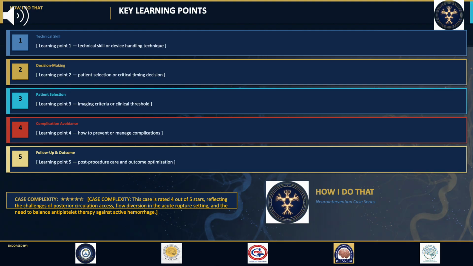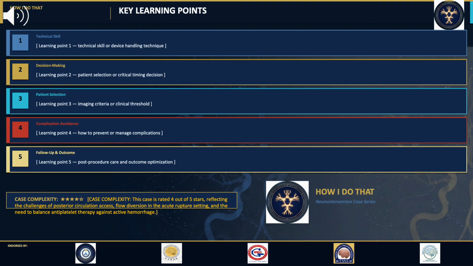2. Decision making. The decision to use a flow diverter rather than coiling or surgical clipping for a dissecting PICA aneurysm reflects several considerations. Dissecting aneurysms involve the vessel wall itself, making them poorly suited for simple coil embolization, which would not reconstruct the diseased wall. A flow diverter provides vessel wall reconstruction while preserving flow through the PICA ostium, critical for preventing lateral medullary or cerebellar